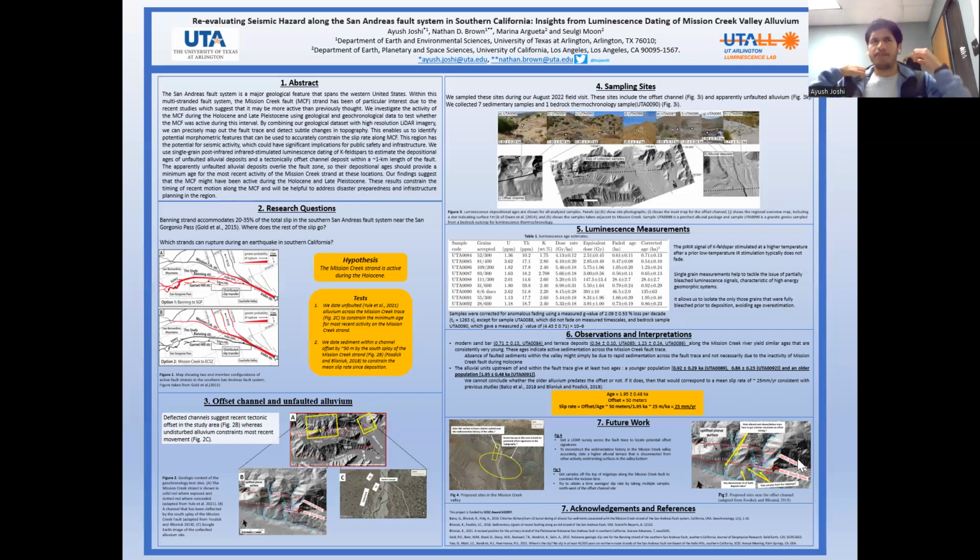And secondly, for the offset channel side, we plan to do some more sampling on the top of ridges so as to get an estimate for vertical incision rates and the river shift, and to be able to resolve river shifting in a better way over a period of time. So that's pretty much our future work, and that's pretty much a brief introduction about my study, which I'm going to present here.